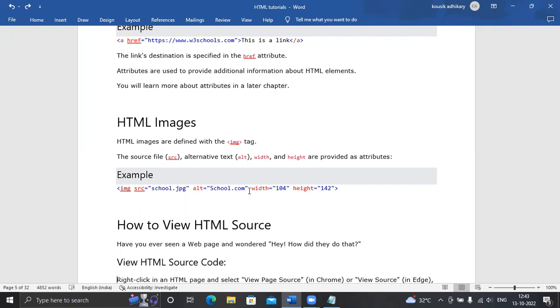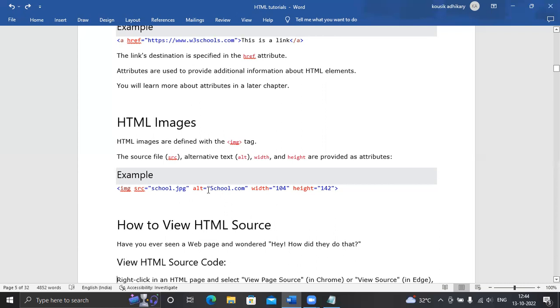Suppose you have a jpg image with the proper name and proper source, but the browser you are using doesn't support jpg format images. When you open your website in that particular browser, that time